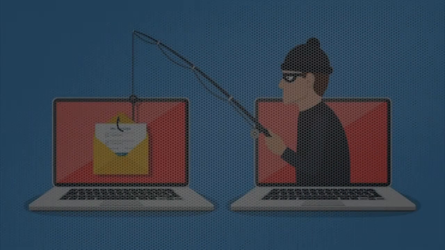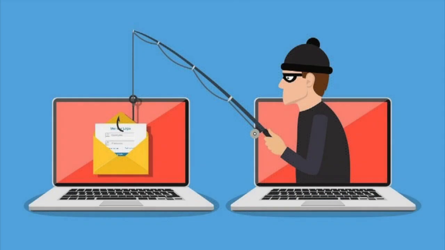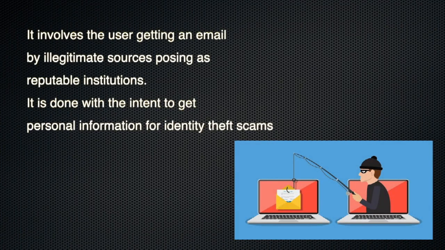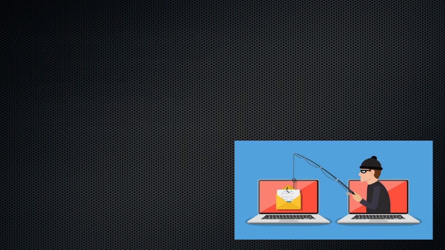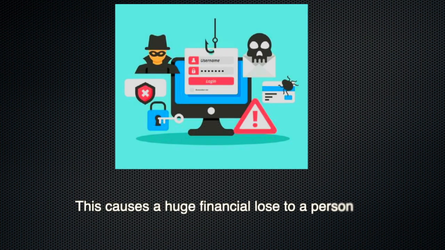Now, what do these terms mean? Phishing. This is a cybercrime in which a target receives an email by someone posing as a legitimate organization to lure people into sharing their personal data, such as banking and credit card details. This information is then used to access important accounts and cause huge financial losses to a person. This is one of the most typical cybercrimes to be privy of, since many people have fallen prey to it.